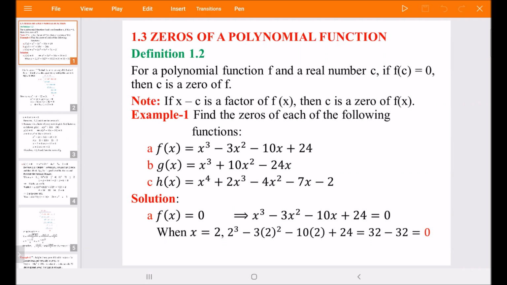In that case, we have said that we set x minus c equal to 0 and solve for x, and the value of x is equal to c. So evaluating the given function f at c gives you the remainder obtained when that polynomial is divided by the linear polynomial x minus c. But this theorem has limitations. It cannot be used for polynomials when the degree is greater than 1. And the other limitation is it doesn't tell you anything about the quotient obtained when a given polynomial is divided